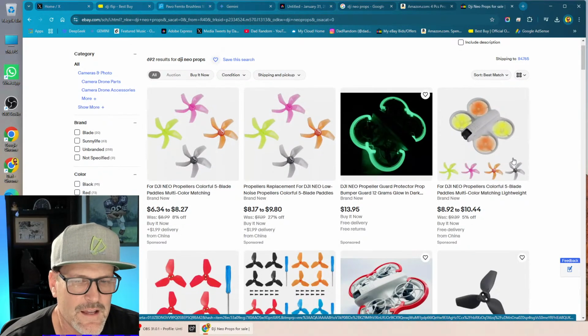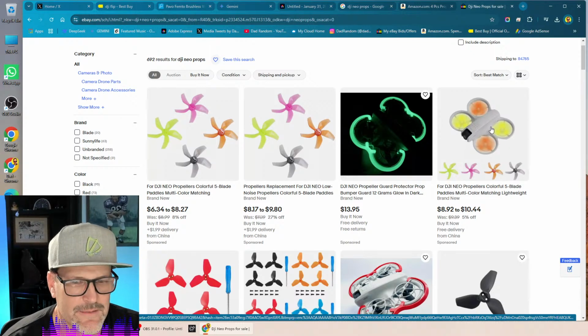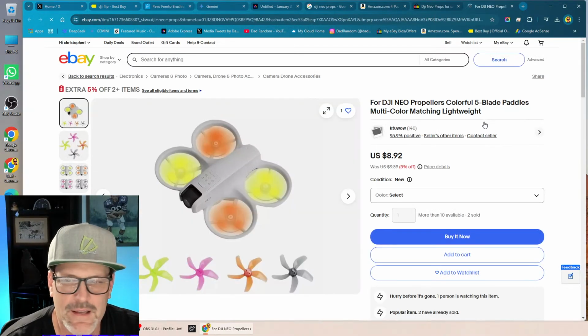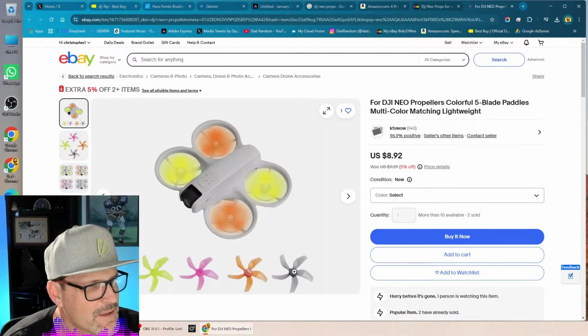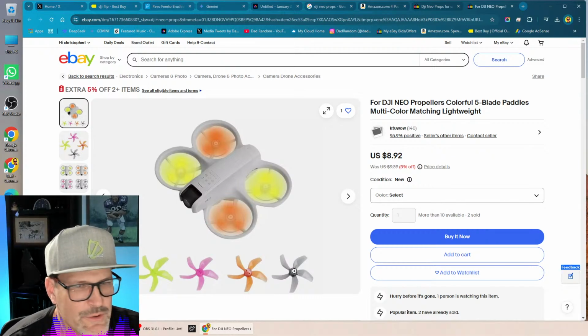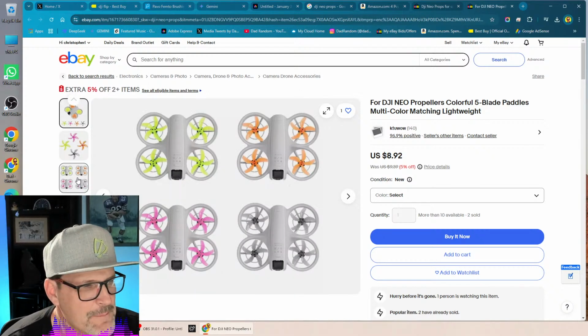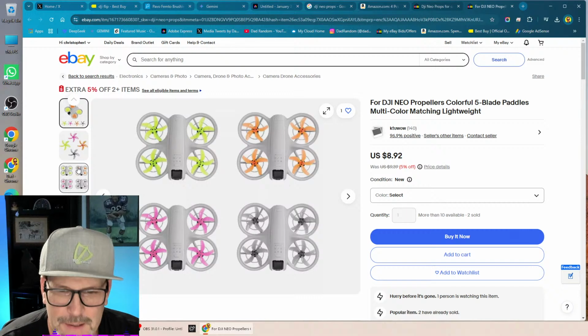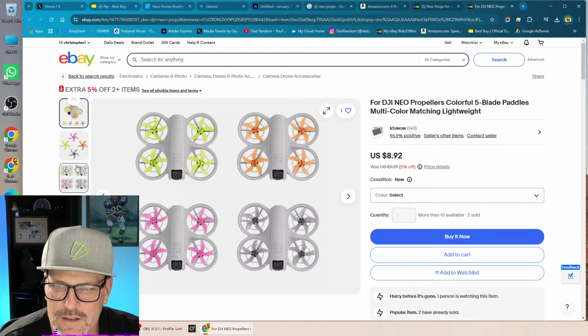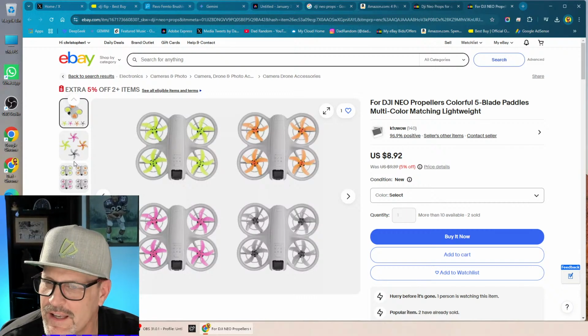Here's some that I haven't tried. If you look at those, I think they have a longer screw. These are 5-bladed props for the Neo. I have not tried those.